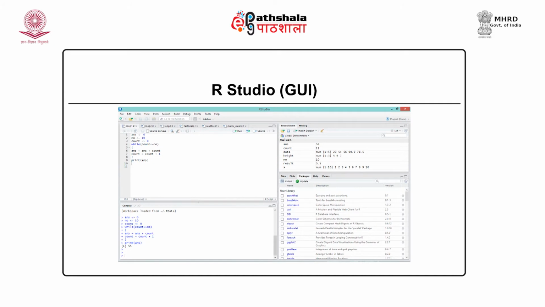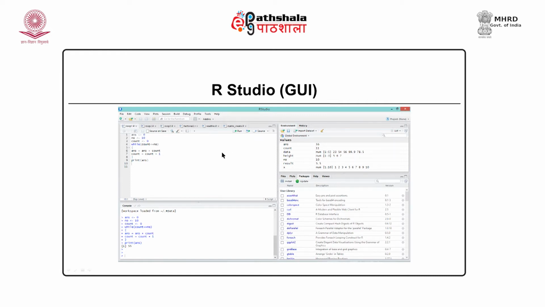So, this is R Studio, it is a graphical user interface. We can call it a front end tool which can support R programming. Now, let us see what this indicates. Over here, this is the R program, it is a script written in R. So, when a programmer starts typing a program, he will type over this window. As you can see, this is program 1, loop1.r. There are other programs like loop2.r, loop3.r, and so on. So, a programmer can handle various programs using this single interface.